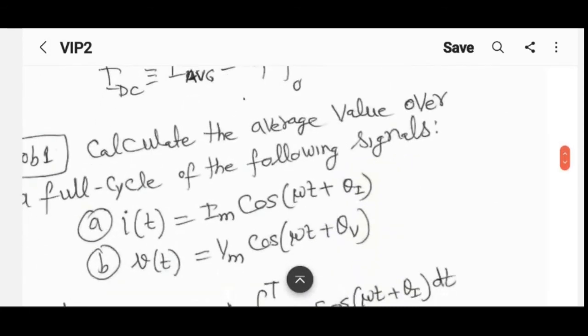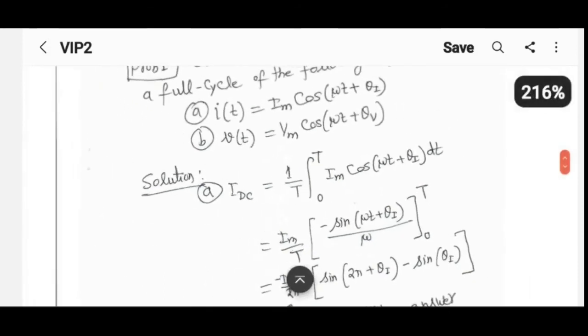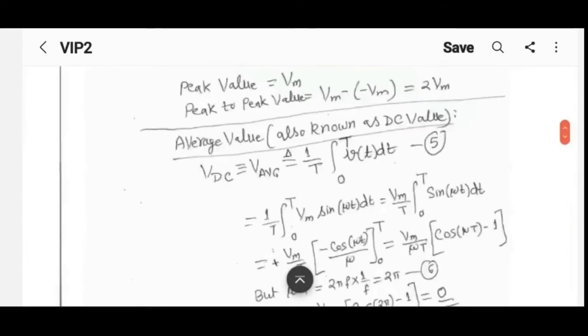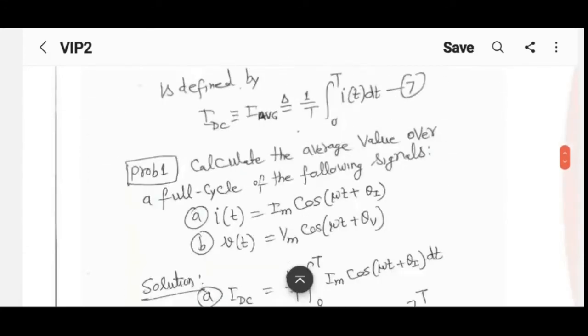You know that the RMS value is peak value divided by square root of 2 for all periodic cases. And that is what I've shown here. DC value or average value is 0. You can go through these examples. By the way, DC value or average value, if you do it over a full cycle, then it's 0. If you do it only for half cycle, it will not be 0. That is what I've shown in some of the solved examples here.